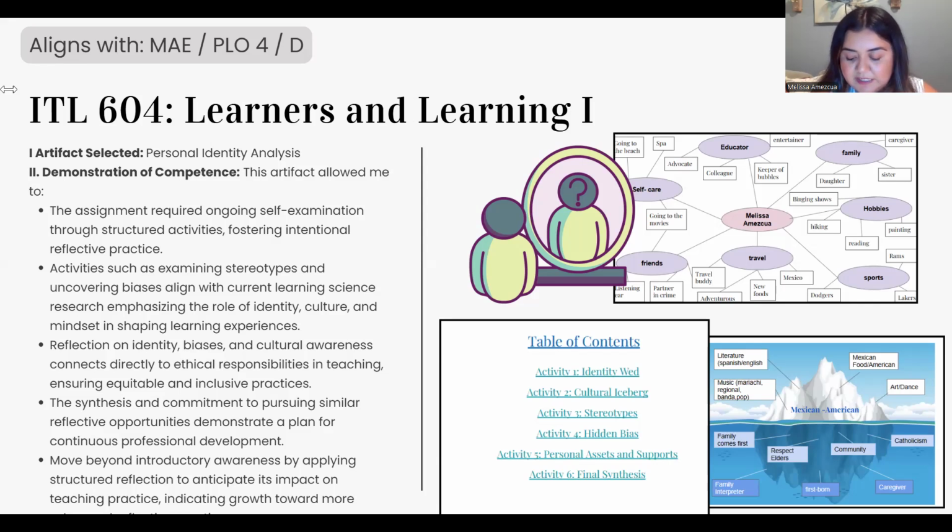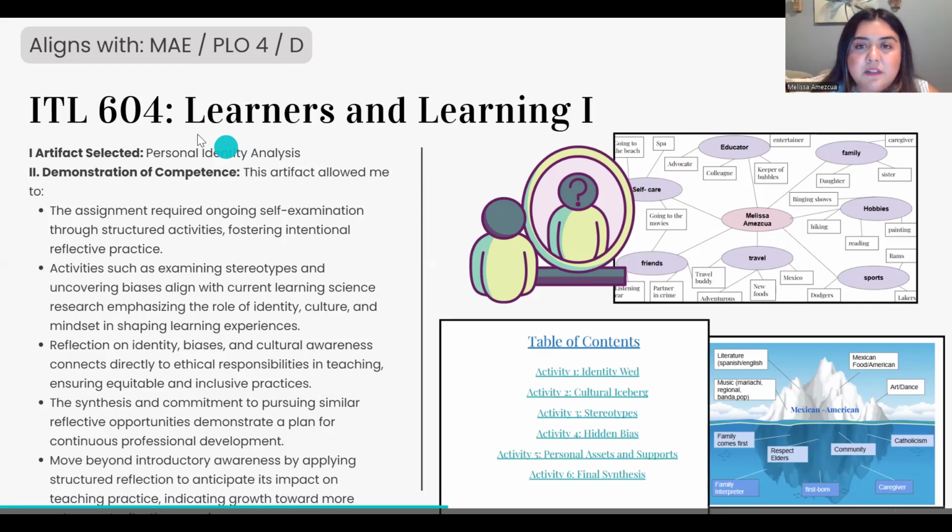So it demonstrated that I was able to synthesize everything and continue in my commitment to pursuing similar reflective opportunities in the future that demonstrate a plan for continued growth. And this assignment moved beyond the introductory level because I was able to demonstrate awareness by applying structured reflections to anticipate its impacts on my teaching practice, indicating growth towards more advanced reflective practices in the future. I did take this class early on in MAE 604, and it is still an assignment that I think